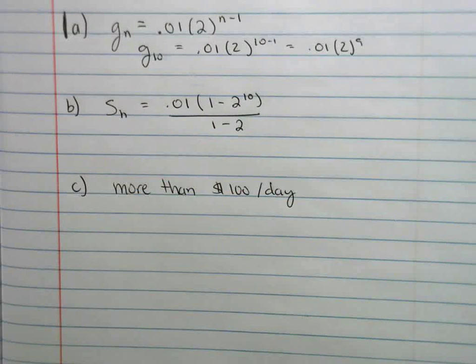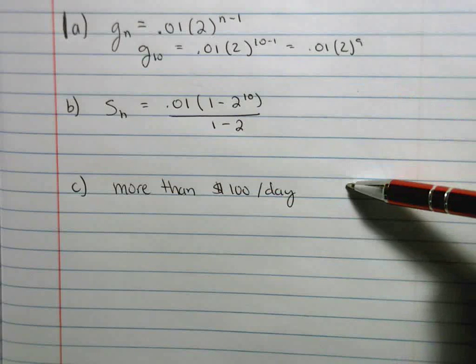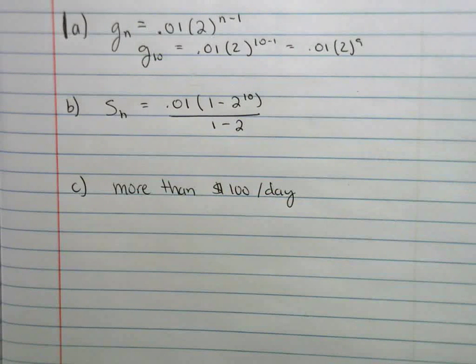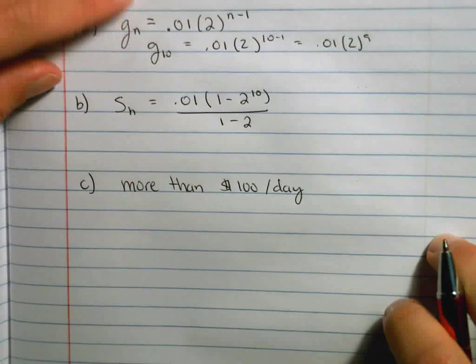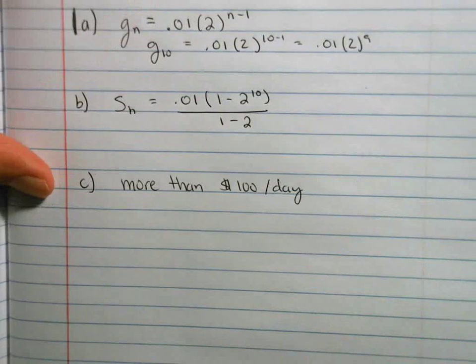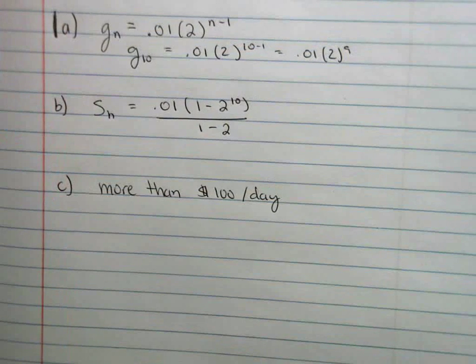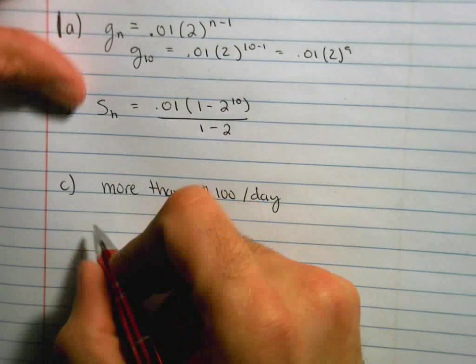I've done the first two steps, and now we're on the "more than 100 a day" step, which, as you probably have noticed, you're going to have to take a log once you get to there. So review the work that I've done so far, and then let's do that. Okay, let's move on. More than 100 a day means that I need to set that 100 equal to that